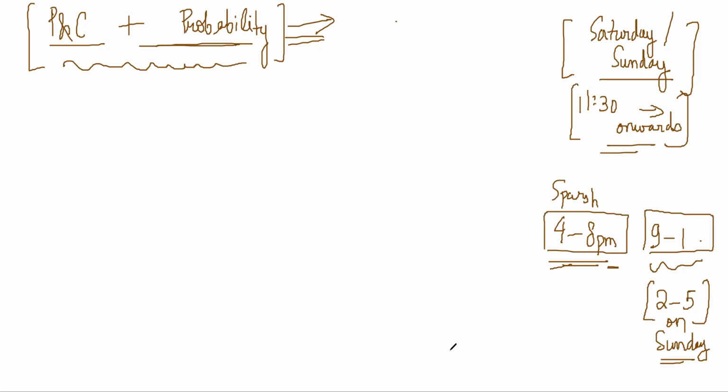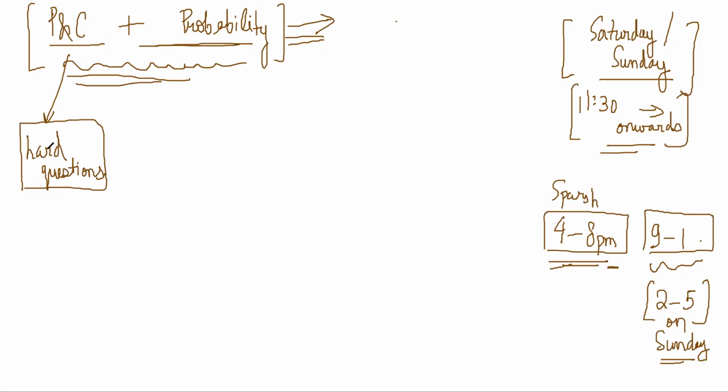Okay. Keep doing this and start doing PNC and probability. We'll do problems on that from the next class onwards. So we'll start with PNC first, and then we'll go to probability. We'll start by doing hard questions in PNC. Anyway, easy questions I will not discuss because those you already know. And then we'll go to probability. It will start from a level where you'll assume that all the basic stuff you already know, so you're not going to bother about easy ones.